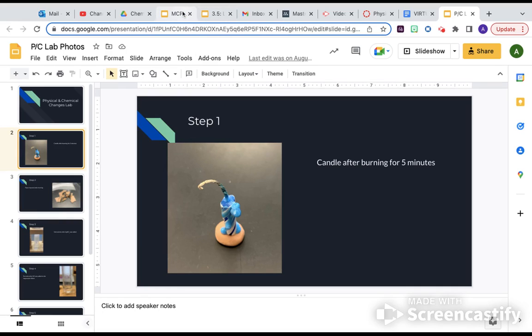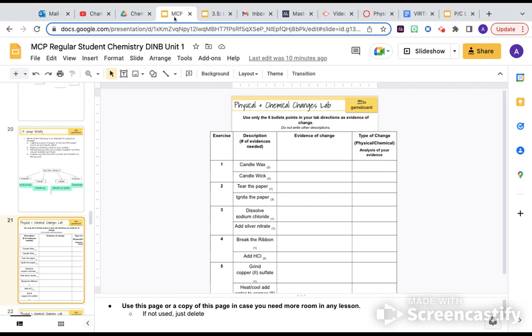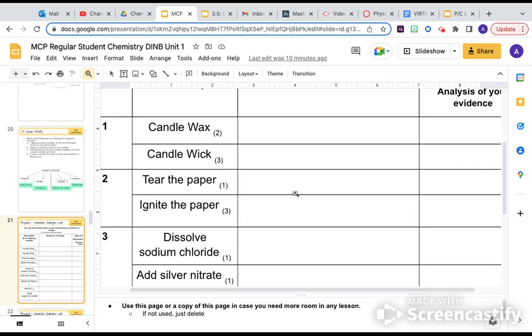So let's say you've got these pulled up on separate tabs. The first one is the candle wax, and as you see here, maybe if I can zoom in. It says 2 right here. So that means you need to give me 2 pieces of evidence that you notice, or 2 observations that you